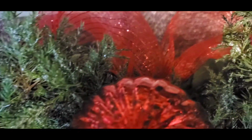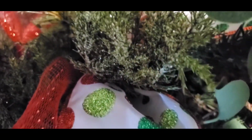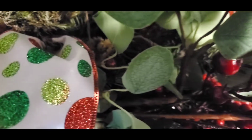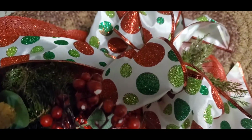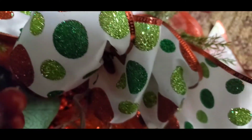Okay, you guys, this is what it's looking like so far. You see, I've added the little sprigs in there. I've added my mesh. I've added my ribbon. I've got everything tied down. You see the little berries. I did remove the cotton balls. I created a bow out of the